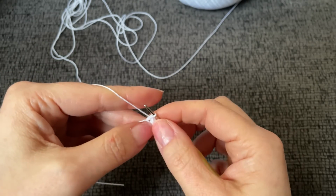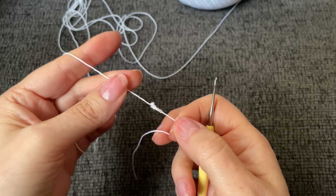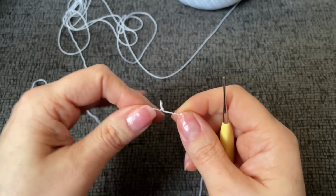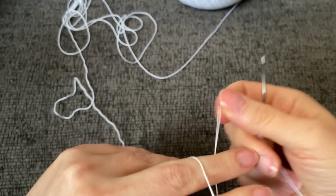If you're not comfortable doing it this way, you can probably get away with chaining 3 or 4 and forming a ring with your chain and going about it that way. I am going to make a magic circle, magic ring,